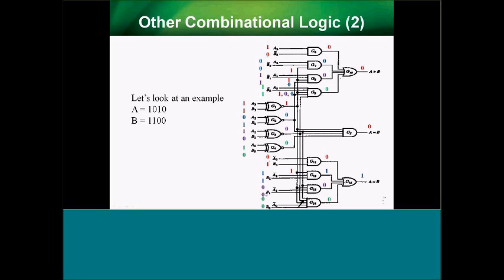Then it does the exact opposite. It flips A, it keeps B, and then it has to keep bringing in the results of these lower comparisons. And then one of them says, oh look, one of them is 1. Therefore, A has to be less than B. It's a really interesting little circuit, and I really want